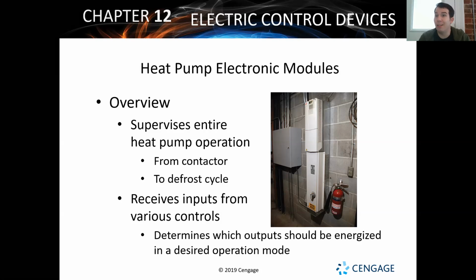One of the big things with the heat pump electronic module is that for more sophisticated or more modern systems, you're going to see it include an outdoor temperature sensor, ODTS, or an OTS, outdoor temperature sensor module. The outdoor temperature sensor feeds information back to that module to tell it, okay, this is how cold it is outside. The reason this is important is that it's important for pretty much all systems to know what the temperature is outside when they're in heating mode,